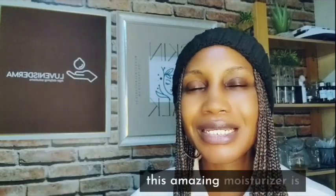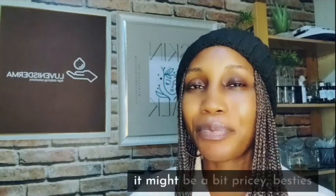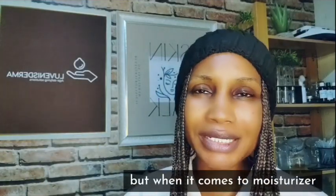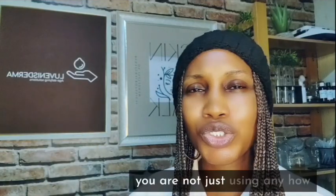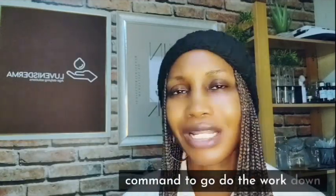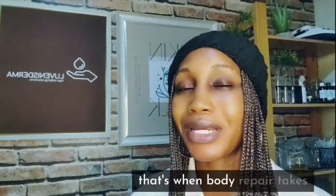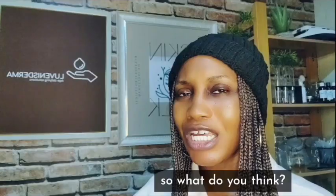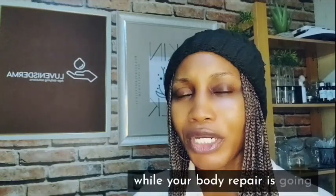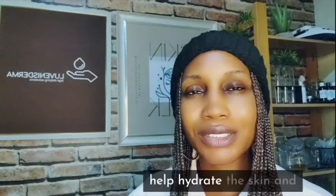These are amazing moisturizers. It's beyond moisturizer. It might be a bit pricey, besties, but when it comes to moisturizer at night, you are not just using any moisturizer. You need a moisturizer you can command to go do the work down there when your body is sleeping. And you know, when we are sleeping, that's when body repair takes place. So what do you think? You don't want to just use any moisturizer, right? While your body repair is going on, you want to use a good moisturizer that would help hydrate the skin,